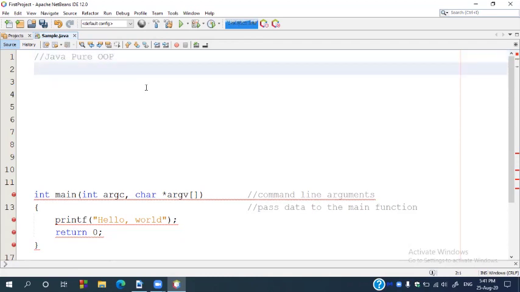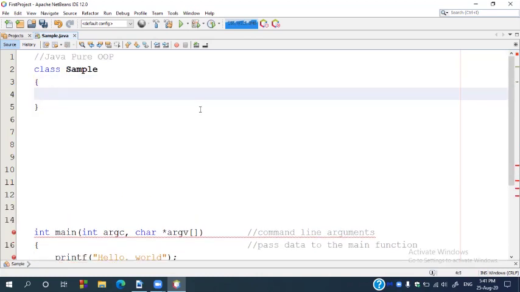Whatever executable code you would like to write, that code should be inside a class. You must define a class while writing any Java program. The syntax for creating a class is the class keyword followed by the name of the class.